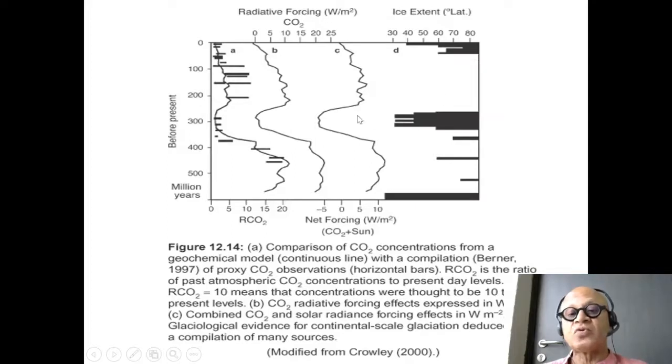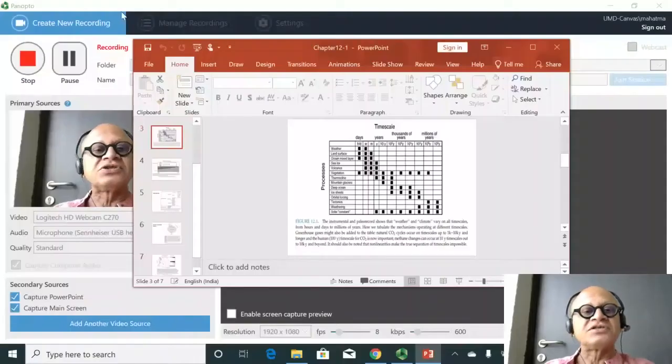Ice extents vary with the radiative forcing, so you can see when CO2 forcing is low and solar radiation is low, you get much larger ice extents in terms of latitudes coming down to, excuse me, 30-degree latitude. And there have also been times when there have been so-called snowball Earths where the ice was probably down into the tropics. Okay, so there are issues to worry about. If you have to bring ice down that deep into the tropics, then you have to explain how marine biology would have survived and what kind of feedbacks would have occurred to make the ice grow so far into the warm latitudes, right? So we look at all those things